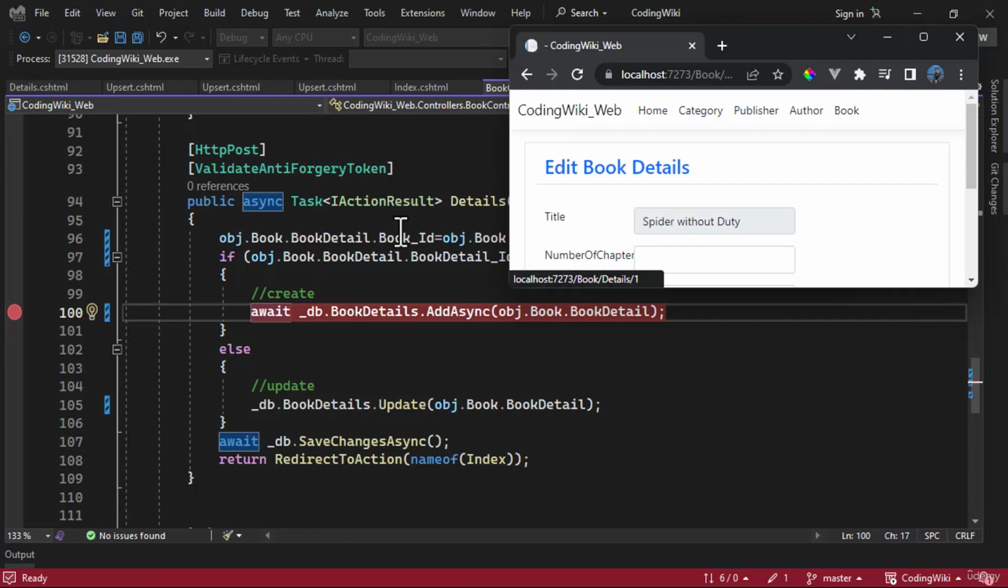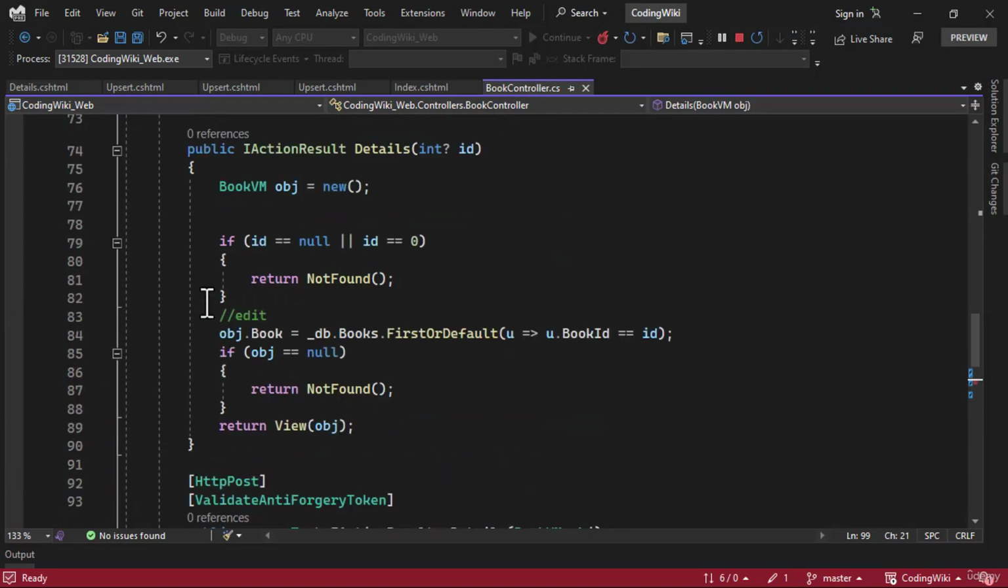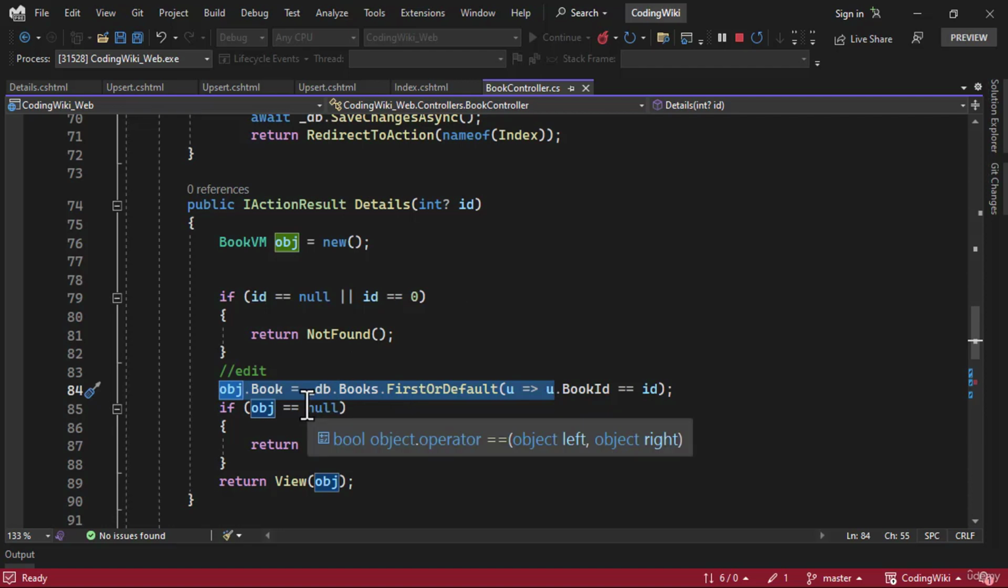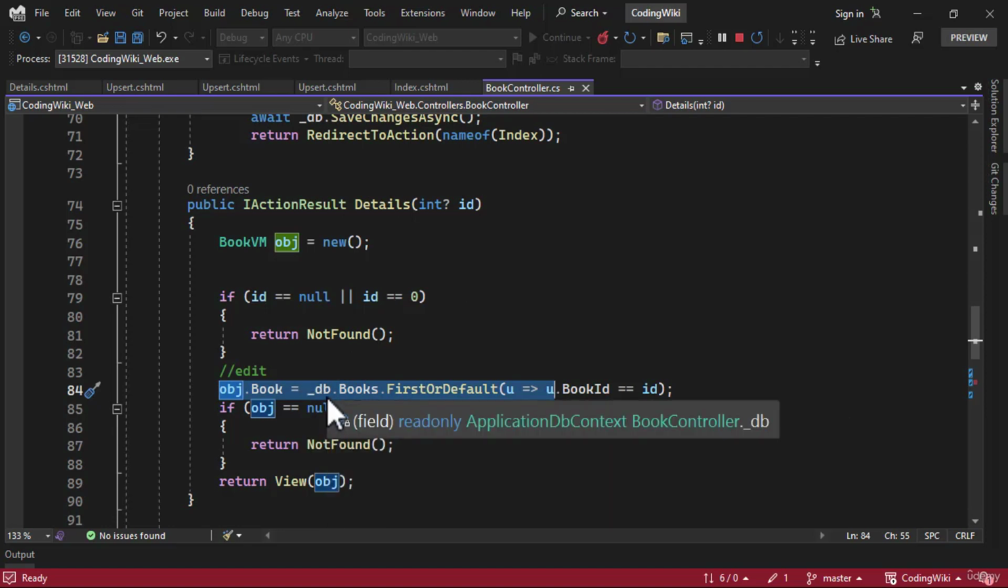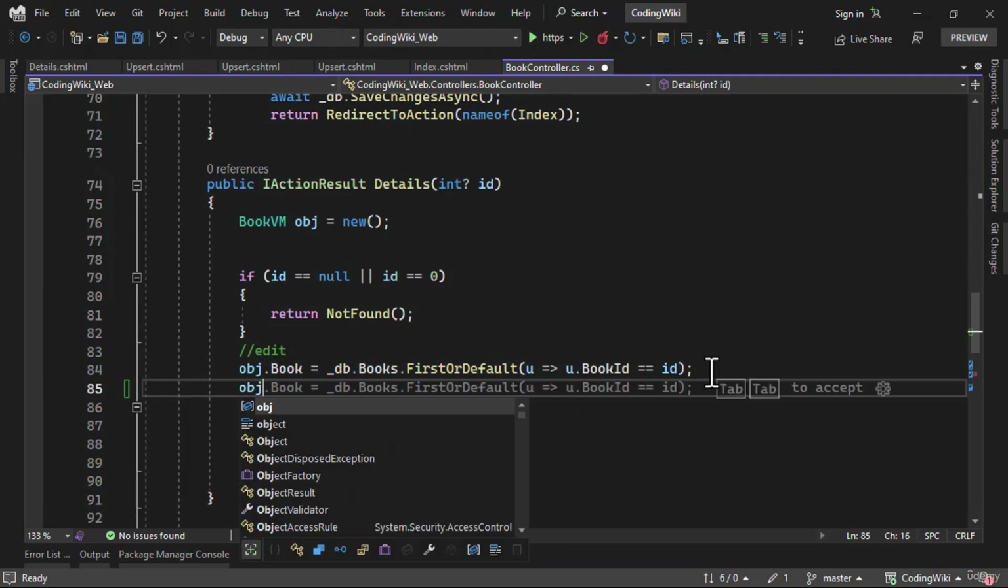If I go back here to the detail, we do not see that. So let me see what is going on here. We are only retrieving the books here in the detail. We need to populate the book detail as well. Now that could be done in 2 ways. First, what I can do here is I can say